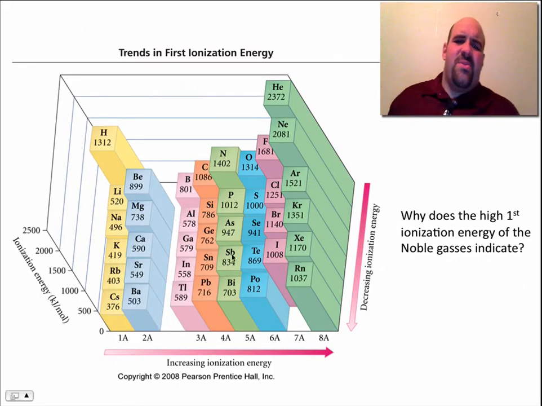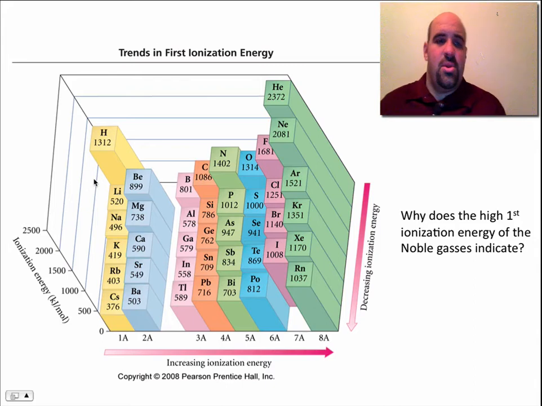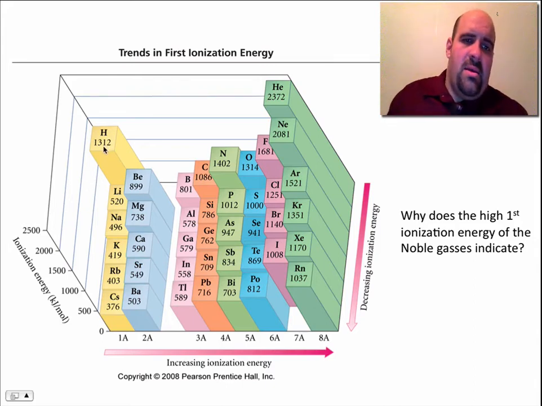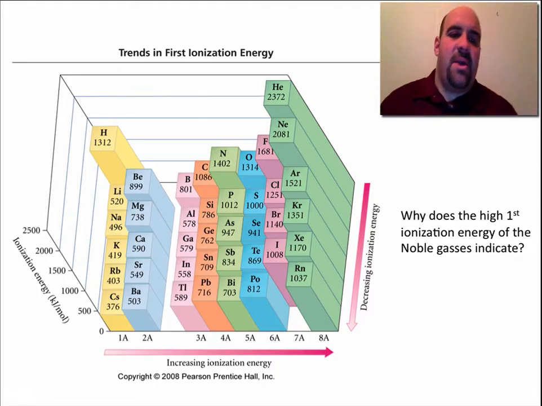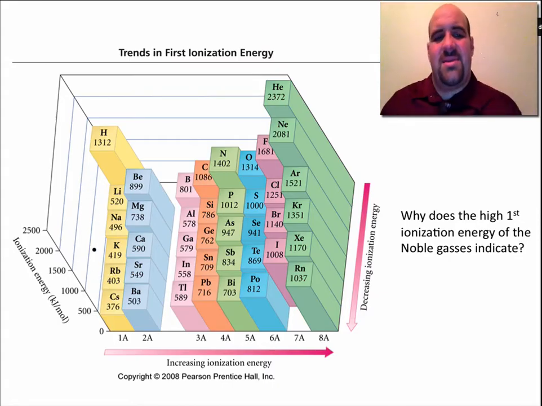And here we see an attempted three-dimensional diagram of trends in ionization energy, and this actually has numbers on it, which should be measured in kilojoules per mole. It would take 1,312 kilojoules to remove the electron from hydrogen. And if we were to go down to lithium, it only takes 520, 496, 419. As you see, as you go down, ionization energy is decreasing, which means